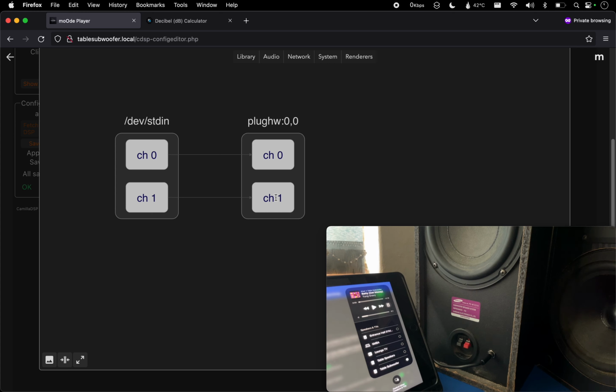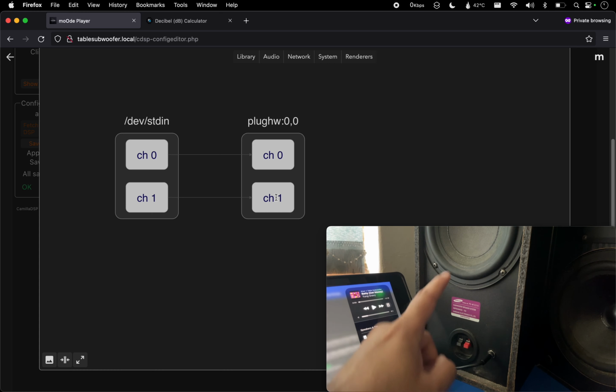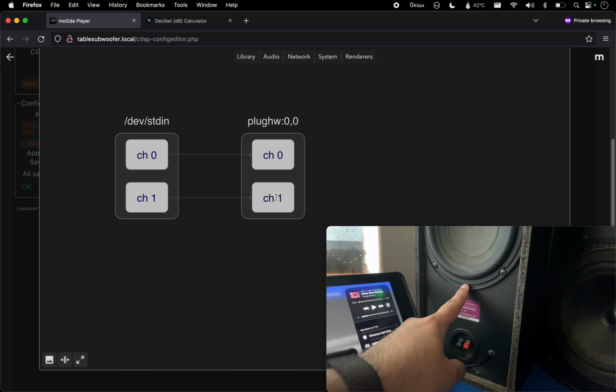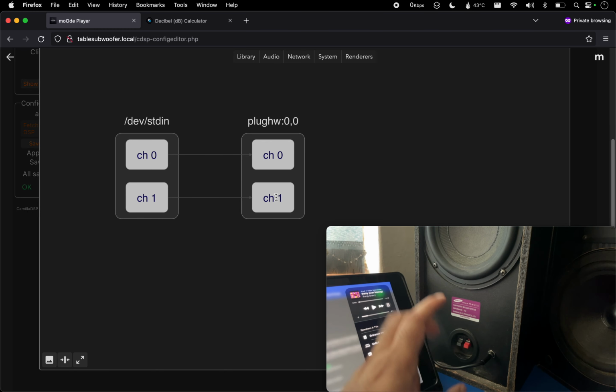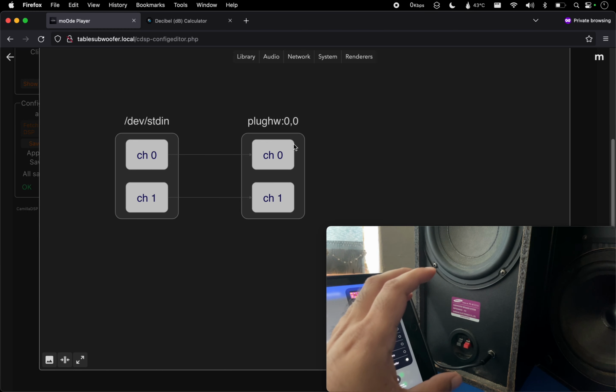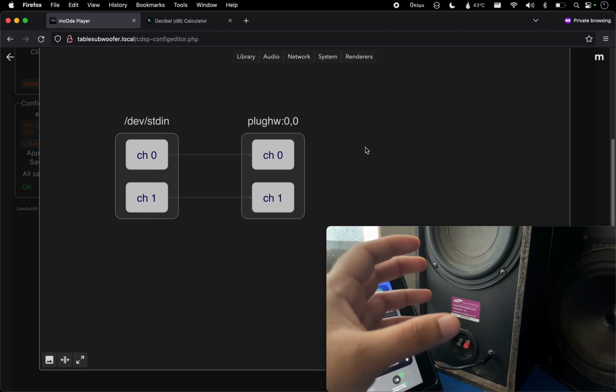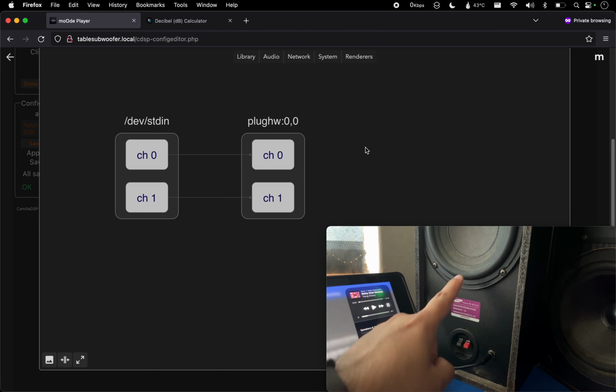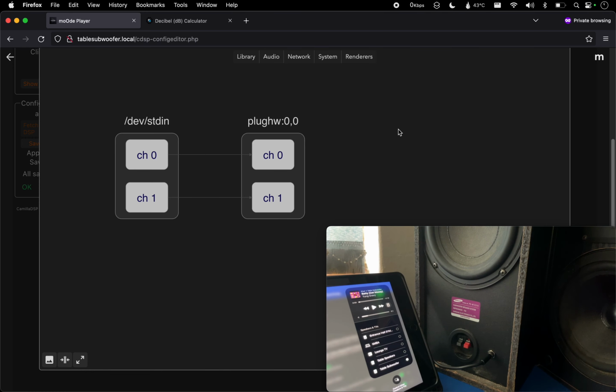As per the way I set up the wiring, the left channel gets connected to this. It used to be an input, and now it's an output. And the right channel connects to this speaker here. So what I need to do is mix into mono, and then apply a low pass filter onto this right channel. Okay, so let's start with